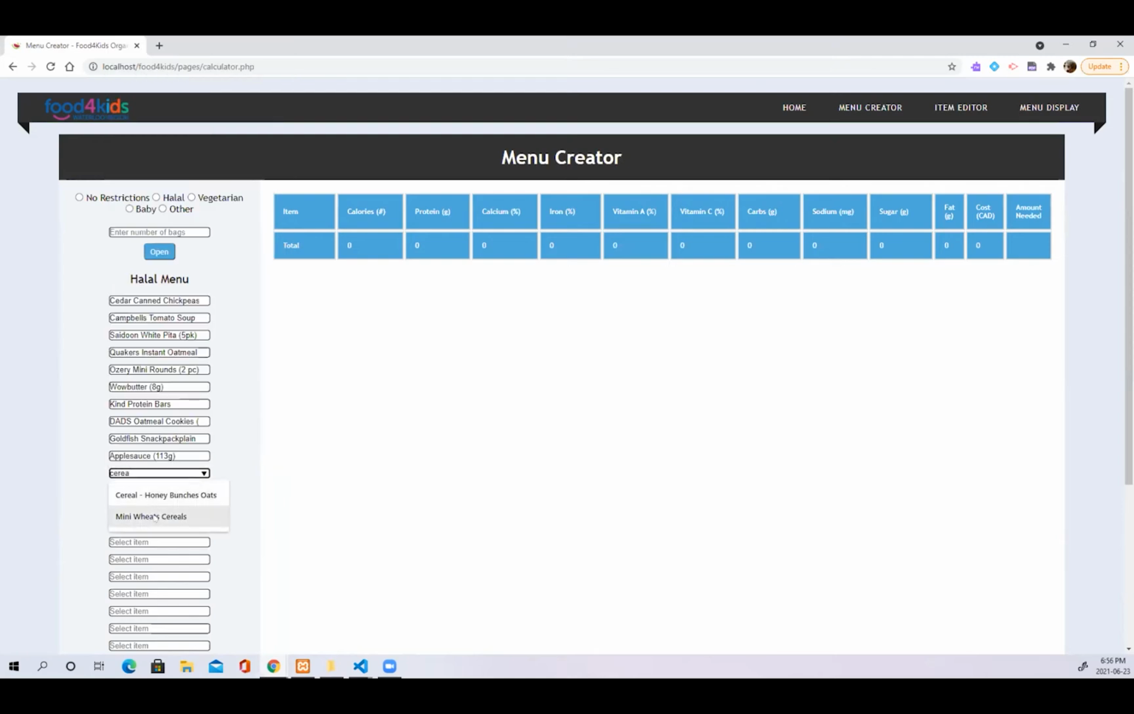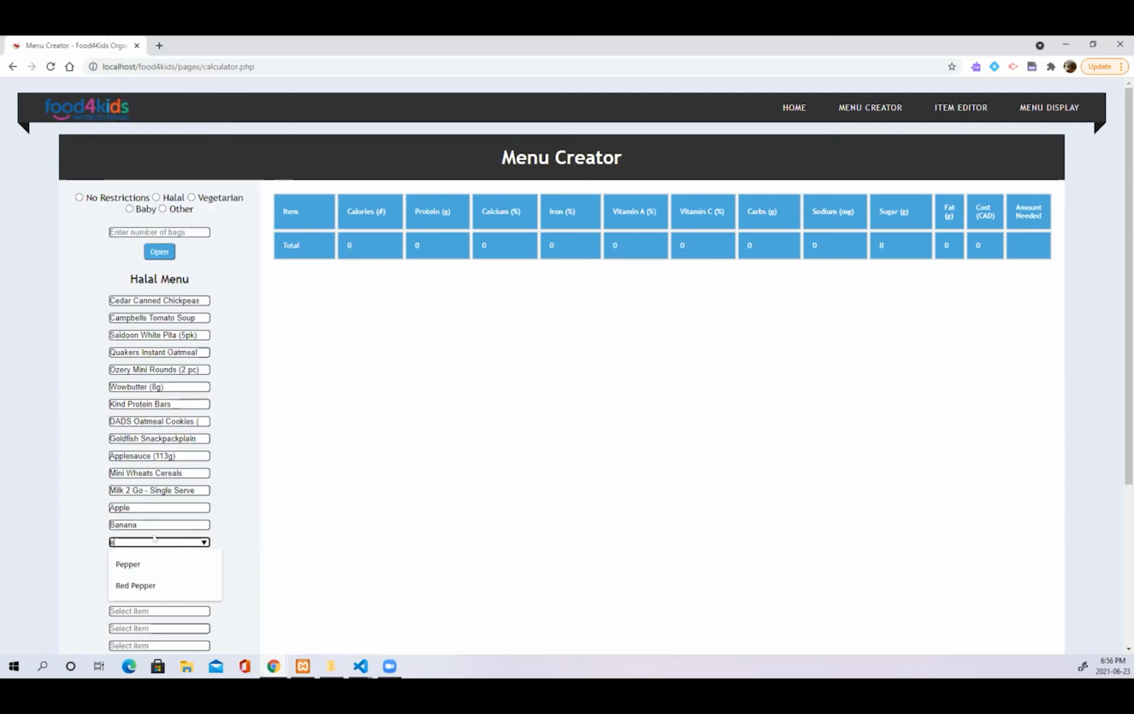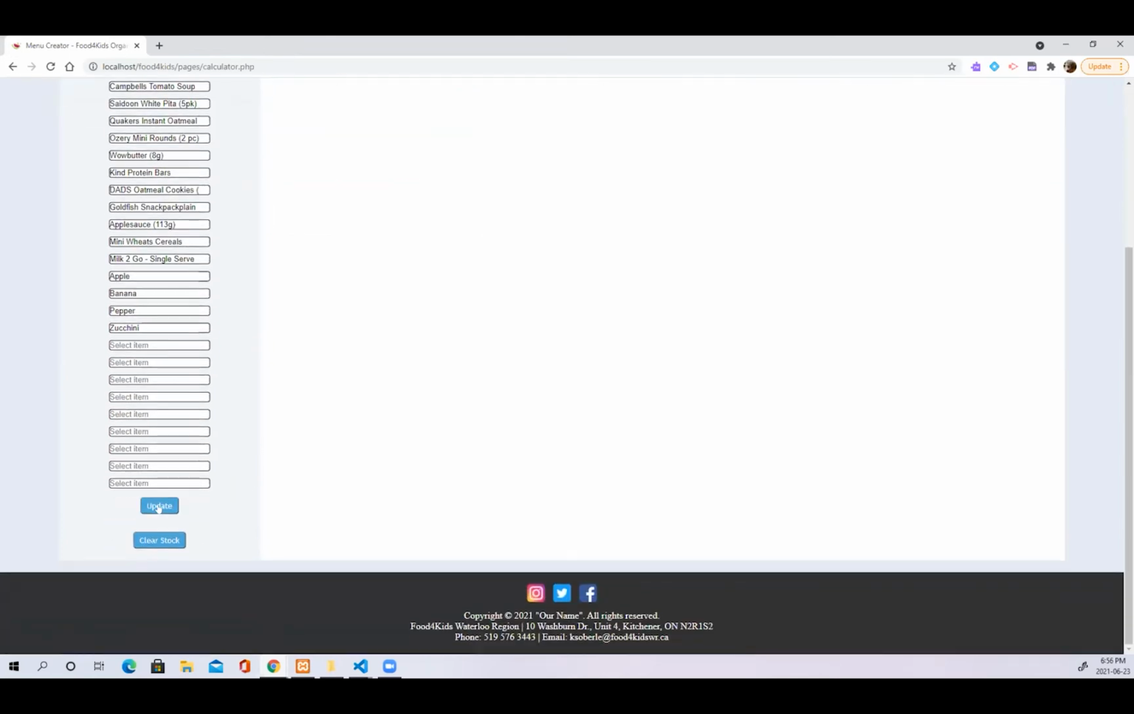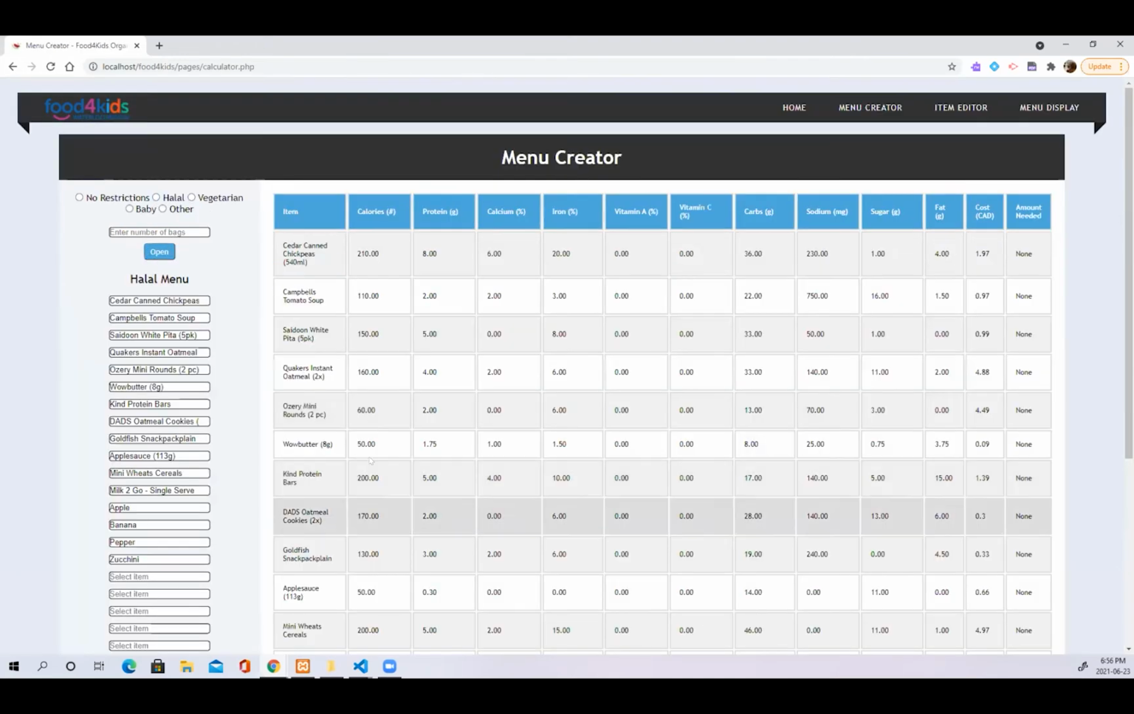We can add cereal, milk to go, apples, bananas, and peppers. As you can see, you can use this as a search bar as well, each of these forms, and you can add finally zucchini. And now let's say that's all the items I want to add to the menu. I can scroll to the bottom and click update. And now if I open up the halal menu, you will notice that all of these items will indeed be